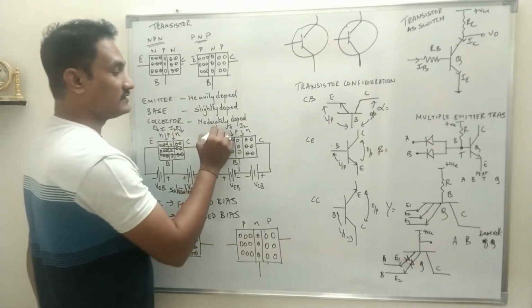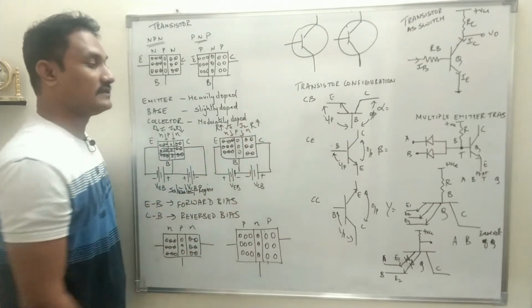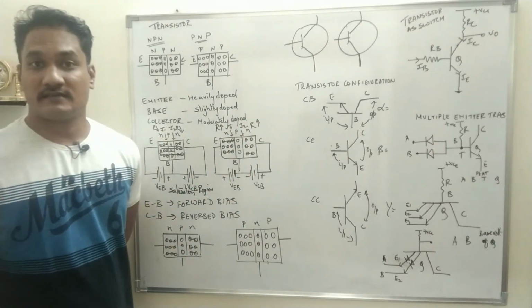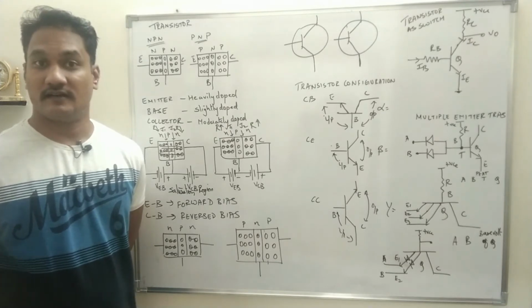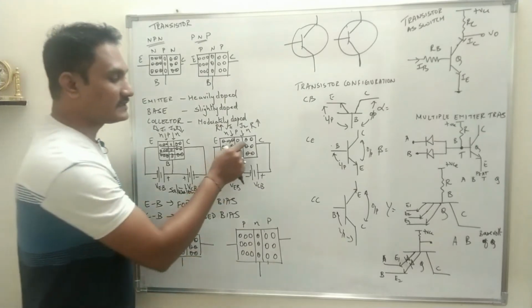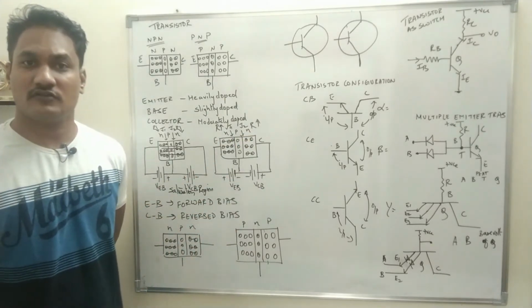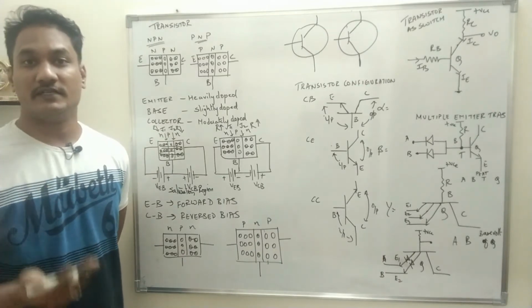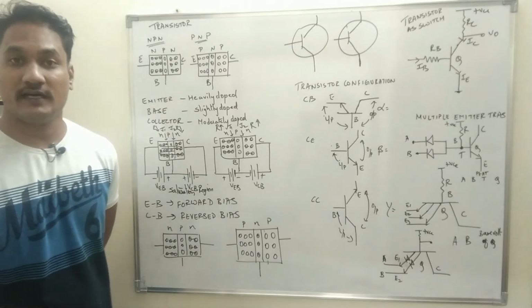So what happens to the resistance of the junctions J1 and J2, for both the junctions? As it is reverse biased, the depletion layer width increases, the potential barrier increases, and the resistance offered by the junction will increase. So if the resistance increases, will there be any flow of current through the transistor? Of course not. Resistance increases, that means opposition to the current increases, so no current will flow through the transistor.